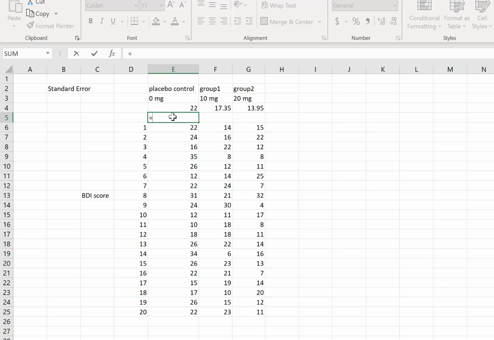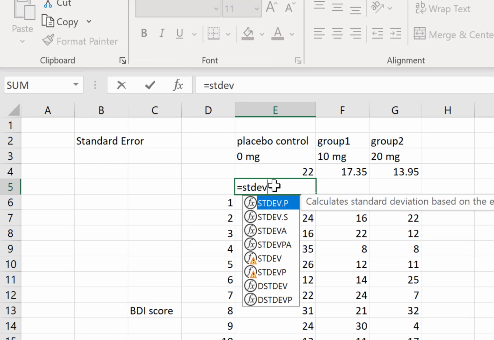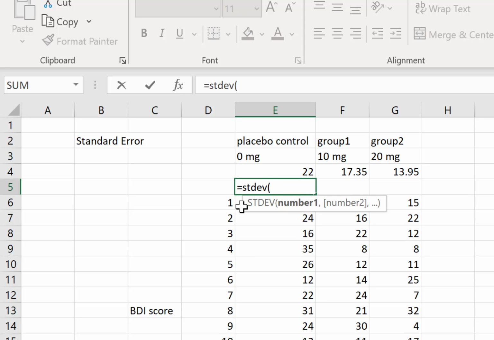Now the standard error is the standard deviation divided by the square root of the count. So let's see how that's done. If I push equal, and every time you do a formula you have to push equal, standard deviation, STDEV, parentheses, and then I'm going to highlight,